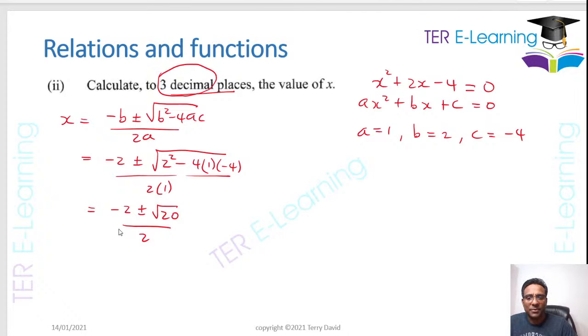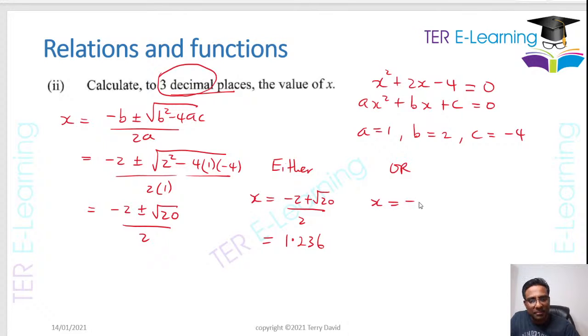Now when you solve a quadratic, you could potentially get two solutions. So here's what we're going to do. We're going to say either x is equal to minus 2 plus the square root of 20 divided by 2, and you're going to work that out. So that's minus 2 plus the square root of 20 divided by 2, and I'm going to get 1 point, they said 3 decimal places, right? So I'm going to put 1.236, that's one value,